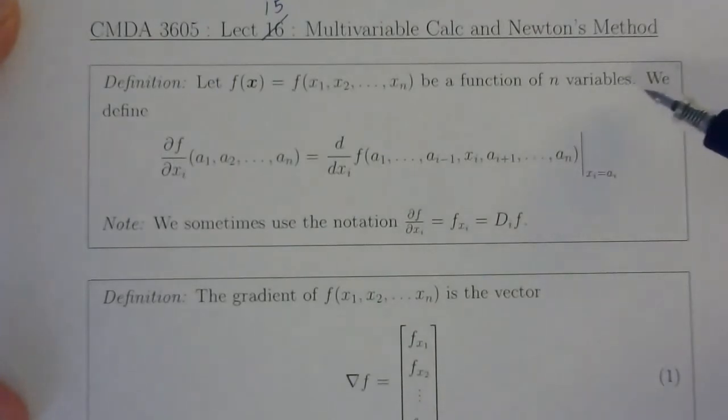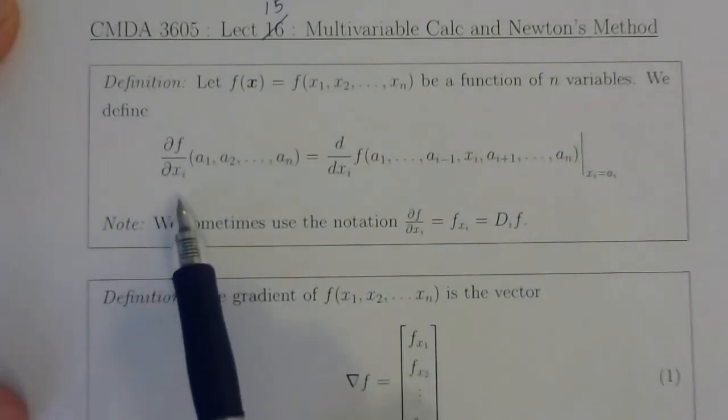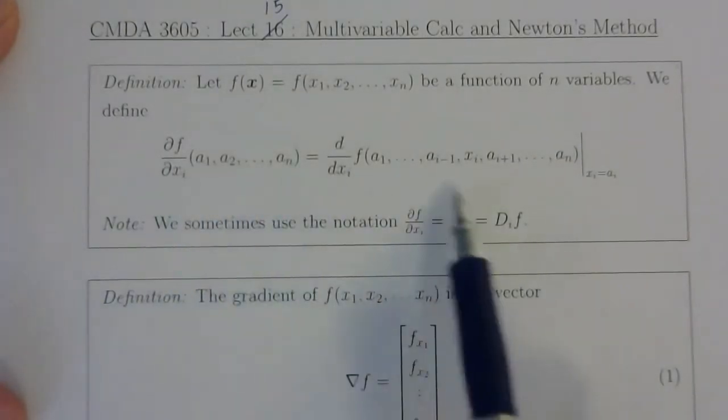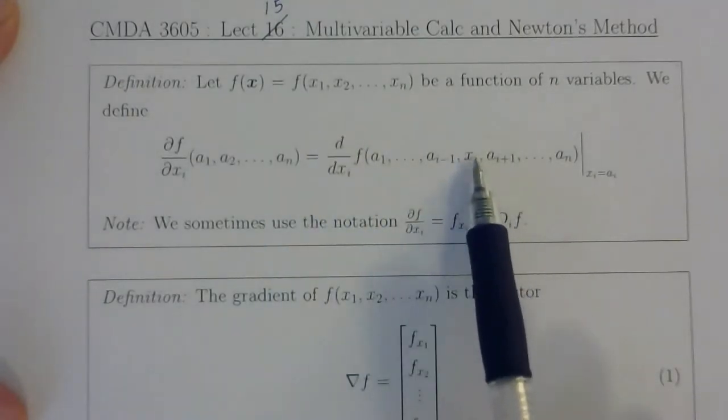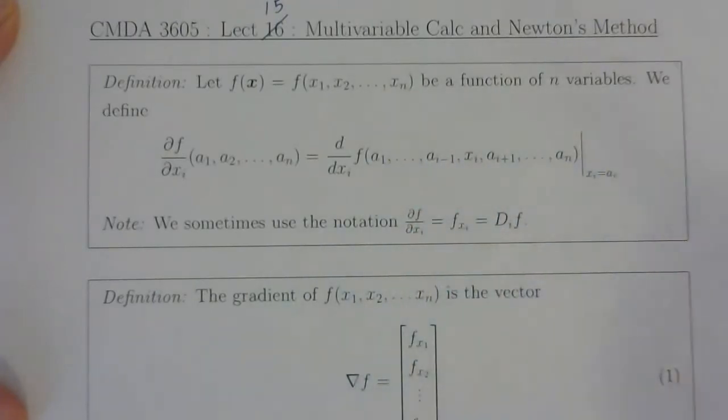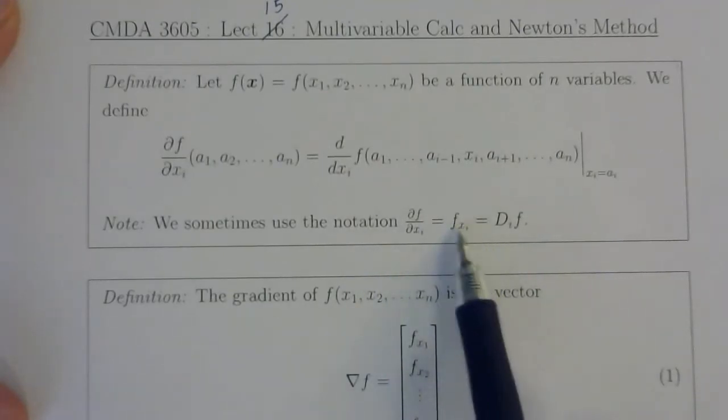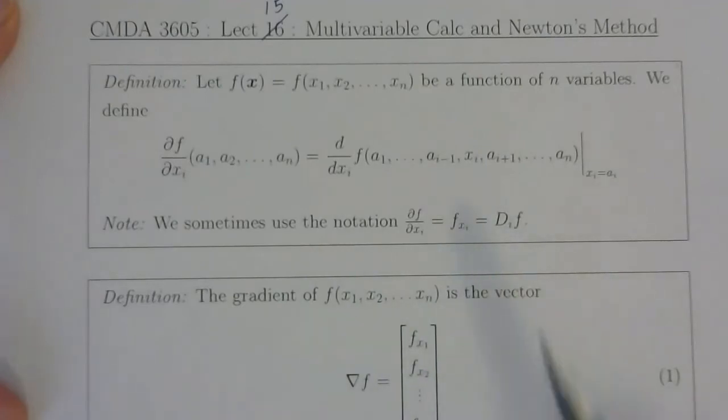So if I have a function of n variables, f, I'm just going to define the partial derivative with respect to one of those variables xi at a point as the derivative of that function with respect to xi evaluated at that point, and then just plugging in for all the other variables, x1, x2, on to xn except for xi. And so we'll use a more compact notation, either the partial of f with respect to xi, or f with a little xi, or Dif, where the i is the index of the variable with which you're taking the derivative